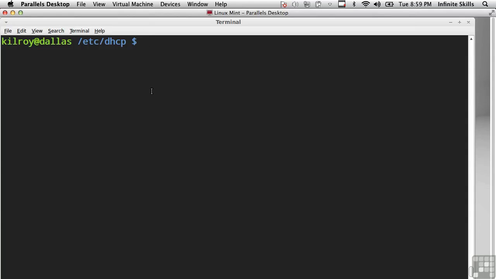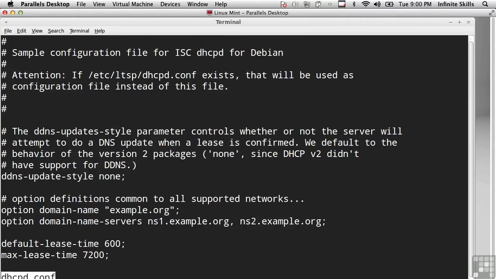So let's talk a little bit more about what DHCP is. And I've got a DHCP server running on this Linux system. I can show you the DHCP configuration file, and we'll take a look at the various things that we can configure here. So I can configure a domain name. So when you just type in one portion of the host name, you're configuring the search order, basically. So if I were to just type foo in this case, your system, since I've configured a domain name, would assume that you really meant